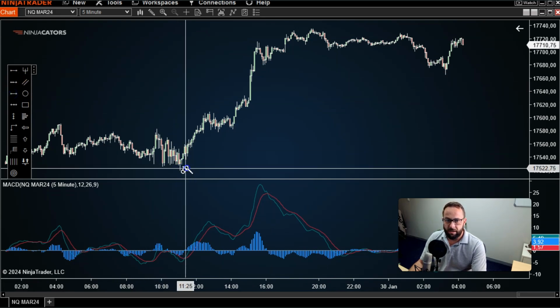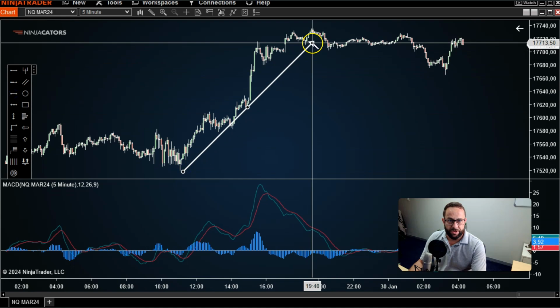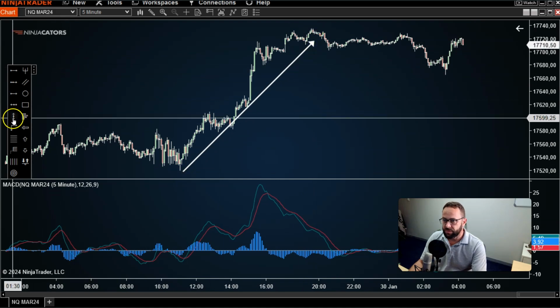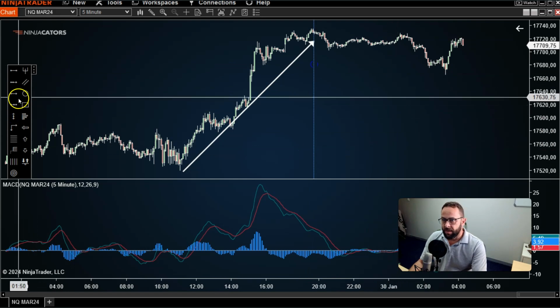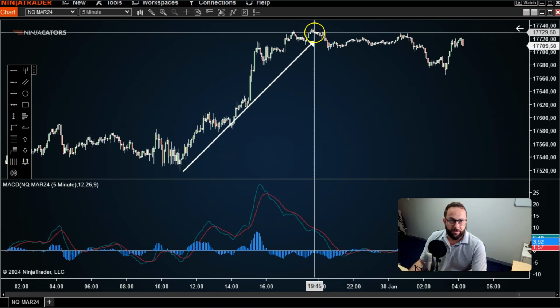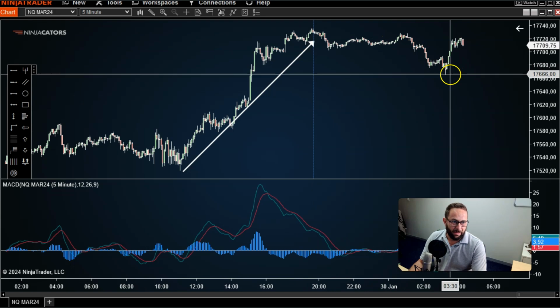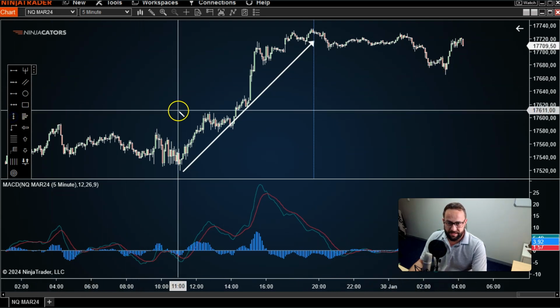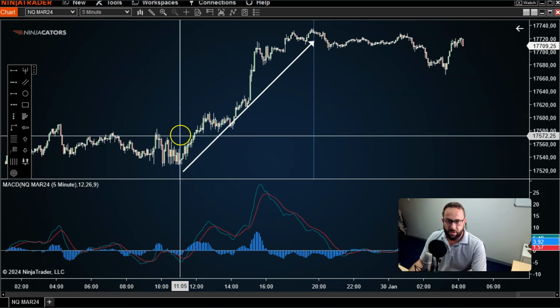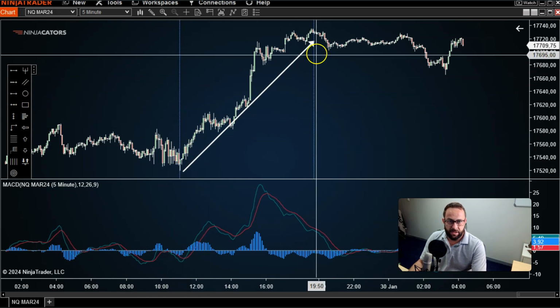Let me just mark that off for you. We have a strong bullish move up until around this point. I also want to drop a vertical line in there to show the end of this move. We might add a little bit of a correction to the downside, or we might see a continuation to the upside. It doesn't really matter, but I just want you to focus on this time period from this low to this